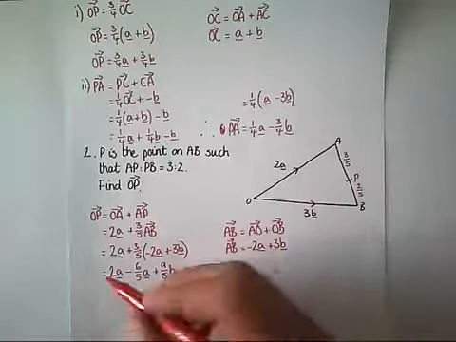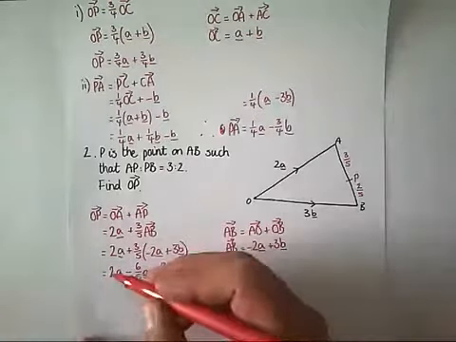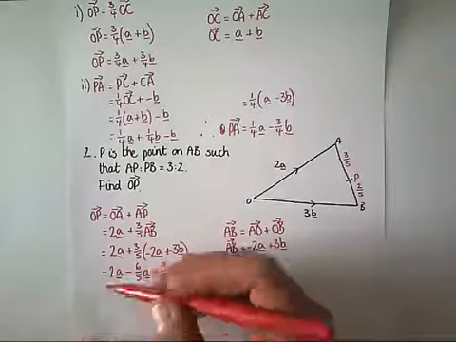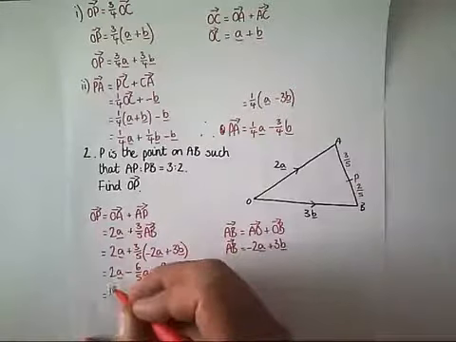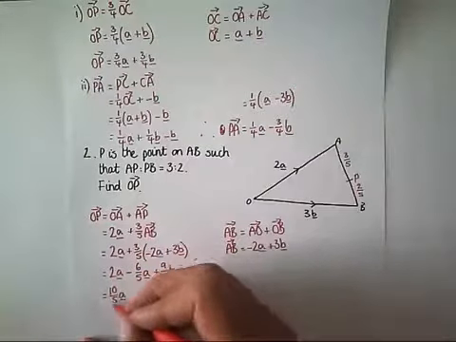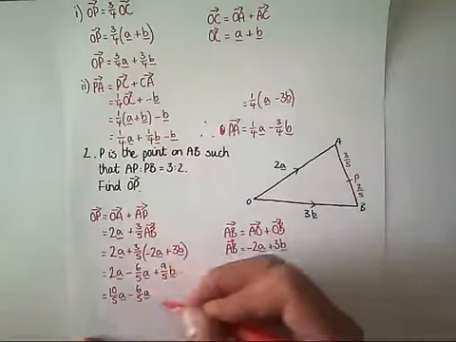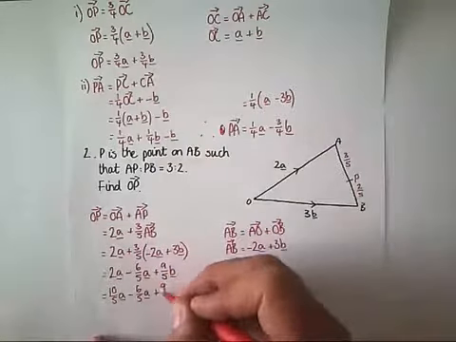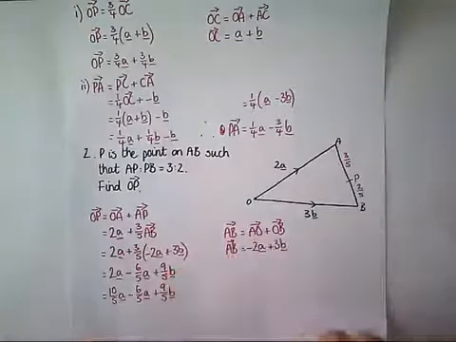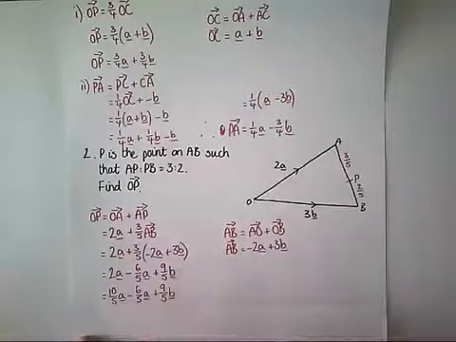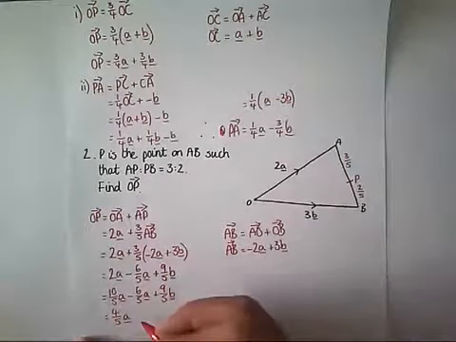Okay, now we want to simplify these. What I'm going to do to make it easier to simplify them is change my 2 whole A's here to a fraction over 5. So that would be the same as 10 over 5A, okay, because that would simplify to 2. And now it's going to be easy for me to take away my 6 over 5A. Okay, plus 9 over 5B. Okay, so 10 over 5 minus 6 over 5 is 4/5 A plus 9/5